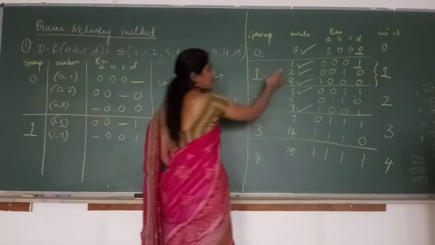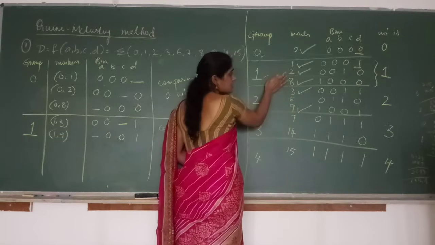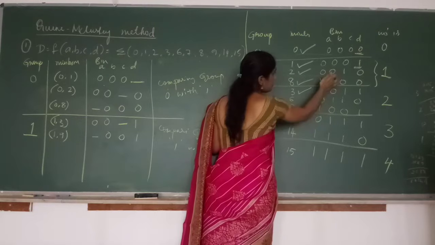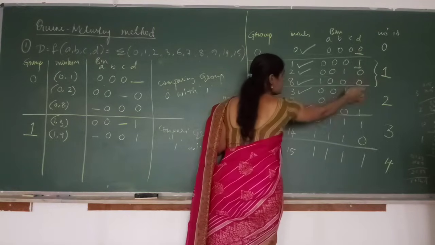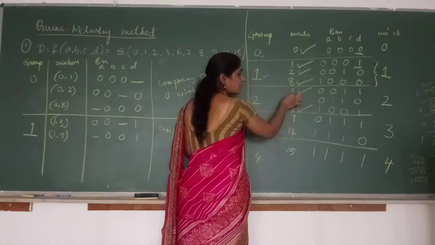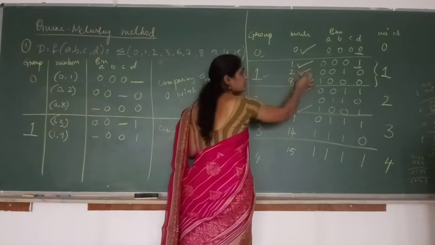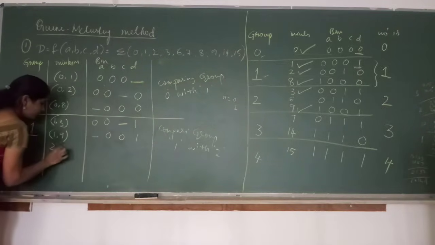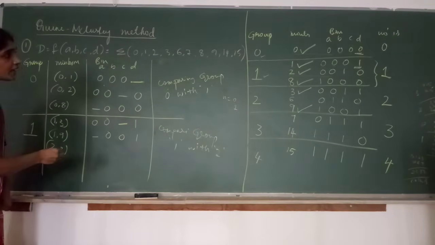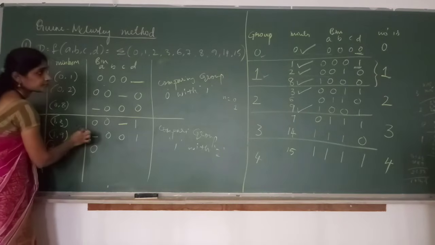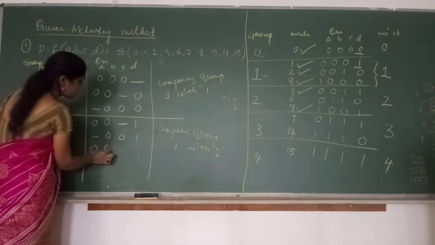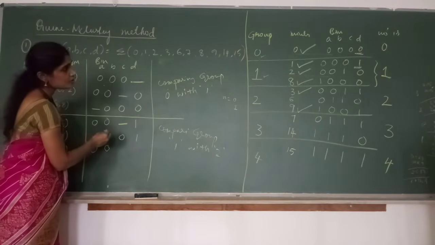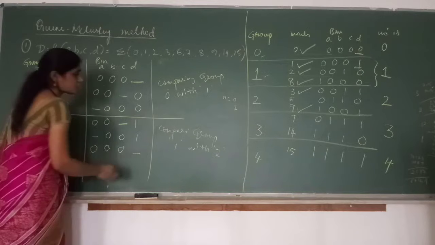Next. Now we have compared 1 with 3, 6, 9. Next you compare 2 with 3. If you compare 2 with 3, 0, B is different, C is same, D is same. So now can I group 2 and 3? Yes, you can group. 2 is already ticked, 3 is also ticked. So combine 2 and 3 now. If you group 2 and 3, what is the equation you get? A is 0, B is 0, C is also 0, only D is changing, correct?